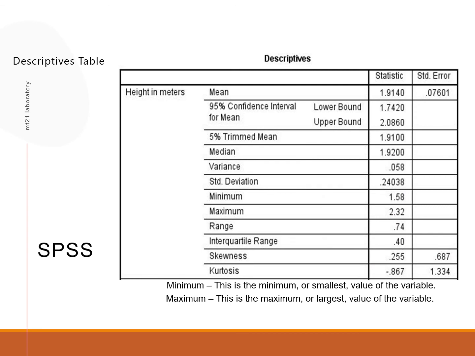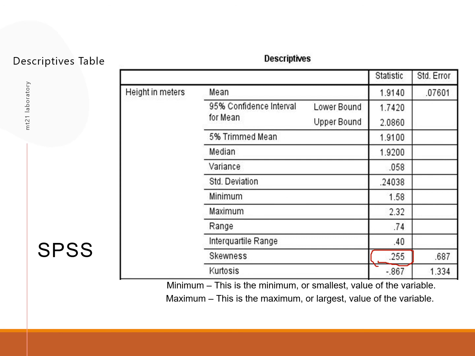Okay, so to help you to understand better, guys, how to interpret skewness and kurtosis, I have here an example. So look at the values for your skewness and kurtosis. So this is in relation to the variable height in meters. So for skewness, the result is positive 0.255. So the first thing that you will do is examine for positive and negative signs. So for skewness, it's positive